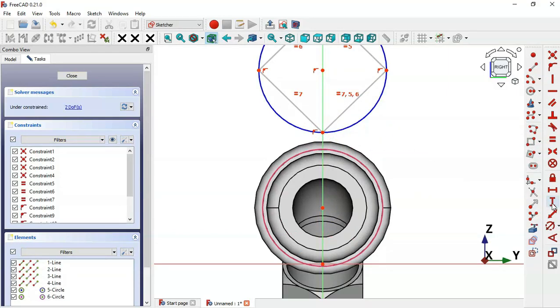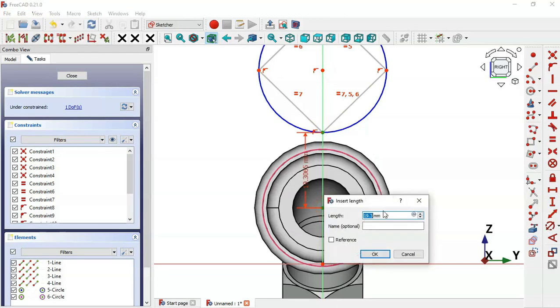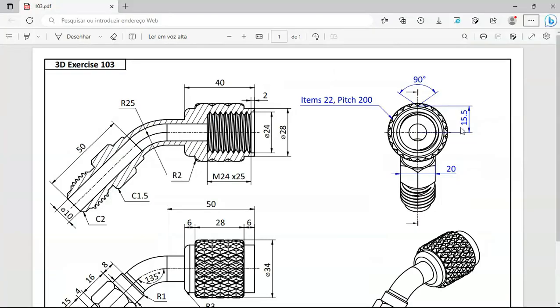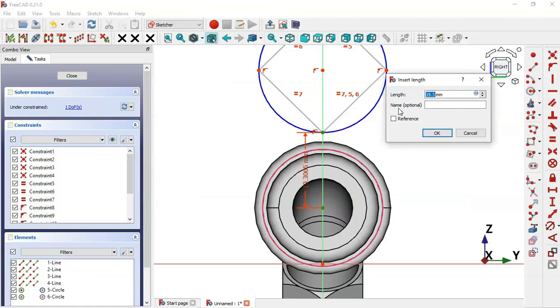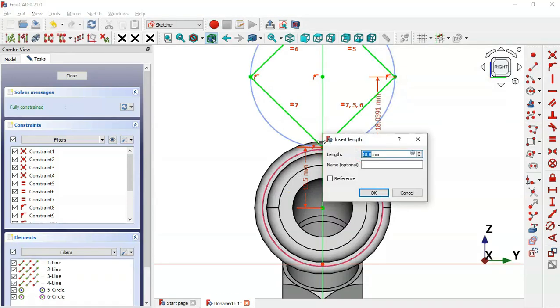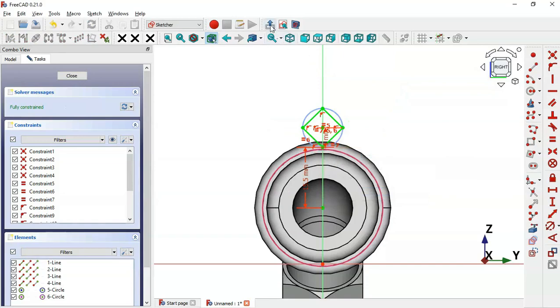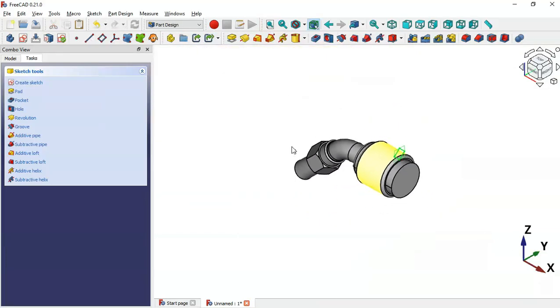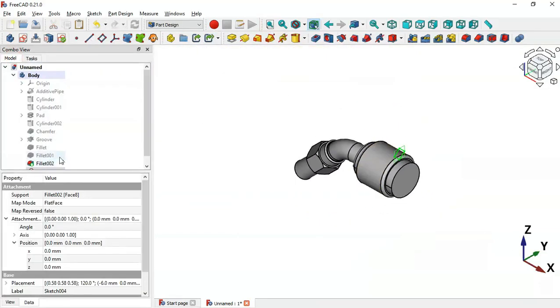Next we'll select the vertical distance tool and then these 2 points here, and here we'll set a distance of 15.5. Okay, and now select these 2 points here and let's set 5. Okay, and now leave the sketch, press Home and go to the model, scroll down and select the sketch here,